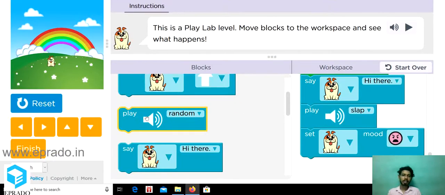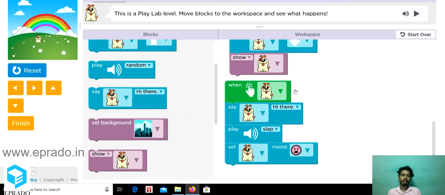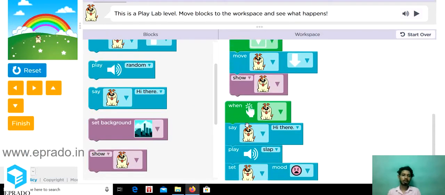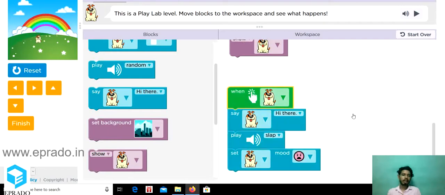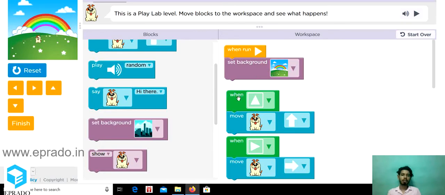Okay, and the next thing is, in the past program we were using all the commands attached to the when command. So every command was connected to the when run block. But in this program, everything is independent, because the green colored ones are the control blocks. These control blocks provide some control to the program, and they require some input. So whenever we press this up arrow, this when block is called directly.